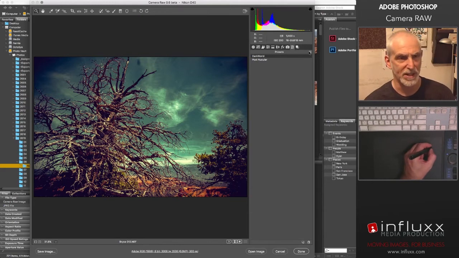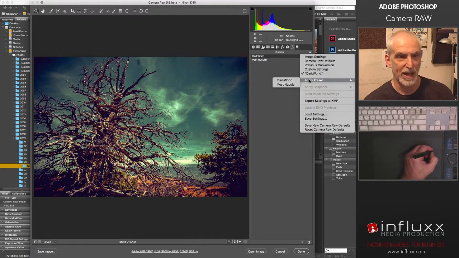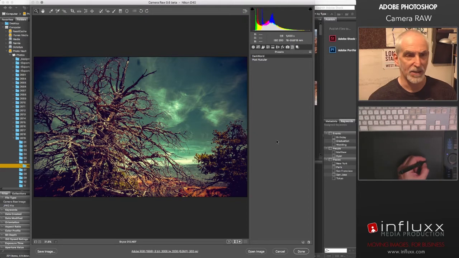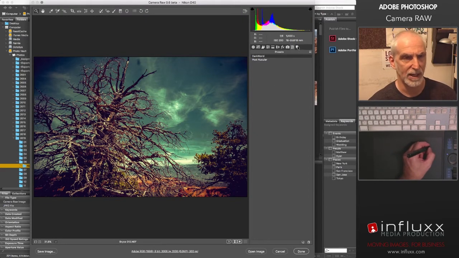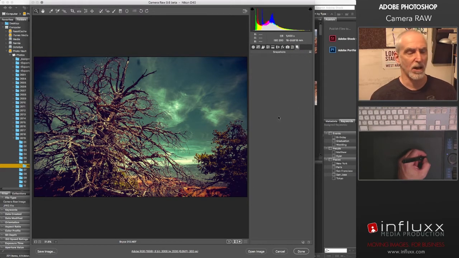I'll get more to presets later. So we can apply a preset from our list. Yeah, so we can come back to this. We can also apply them from Bridge. Again, like I said, I'll show you that in a moment. So snapshots are kind of like presets,